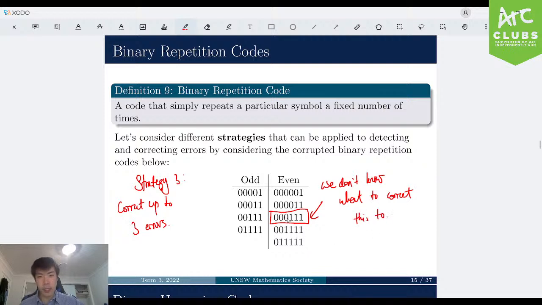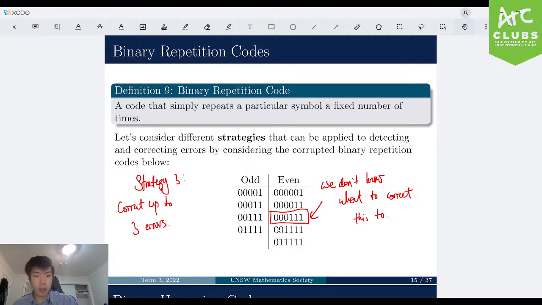So obviously we detect that there's an error here, because it's not all zeros and it's not all ones. But we don't know what to correct it to. We're happy to correct it, but we still don't know what to correct it to. There's an equal number of zeros and an equal number of ones. Should we correct it to all zeros or should we correct it to all ones? We do not know. So that kind of outlines a potential issue with even codes, and that's even if we bump up our strategy to be willing and happy to correct a higher and higher number of errors, at some point at the midpoint of even numbers, we will be stuck because we don't know whether to correct it to this symbol or that symbol. Okay,